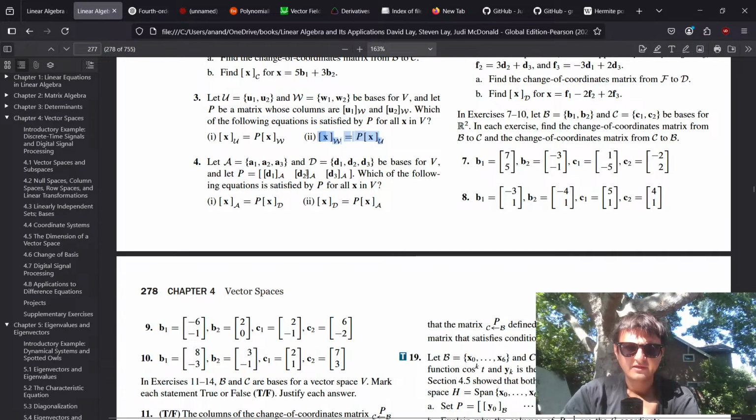So you're going to take a vector in D, and it's going to rewrite that as a linear combination to satisfy,